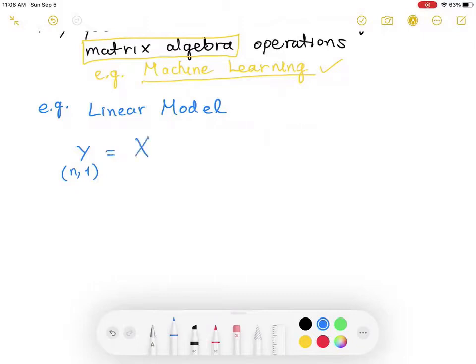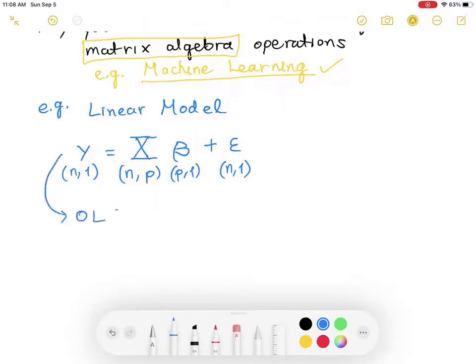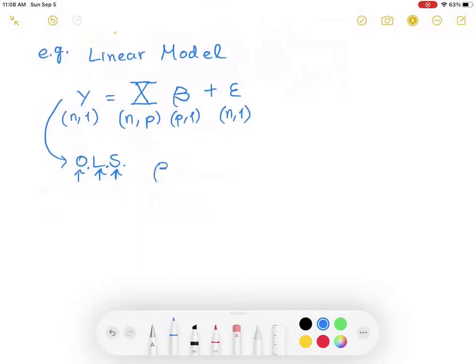And say I want to consider a theoretical model in which I have a matrix X. This is my matrix X with n rows and p columns. Here are the dimensions. And a vector of parameters beta, it's going to have p elements. And then there's also an error term, an error vector with n elements. This is theoretical. So if we use the classic estimation method, ordinary least squares, then the solution to the estimated